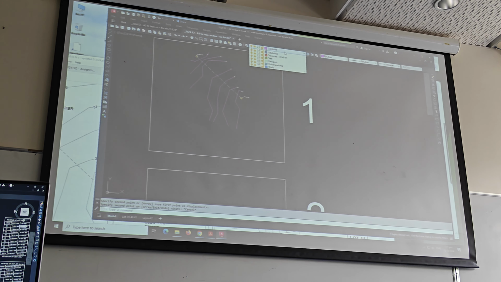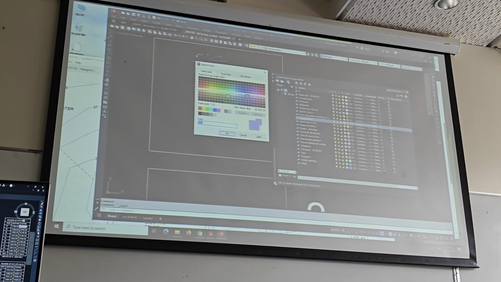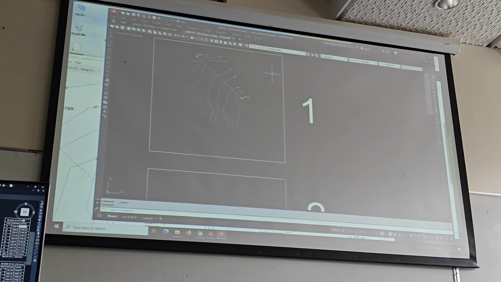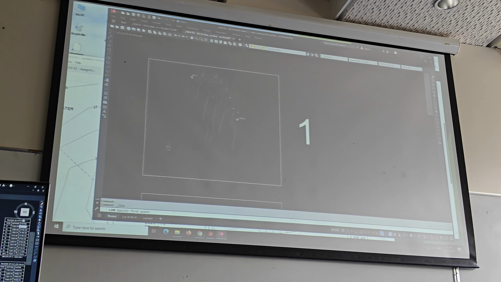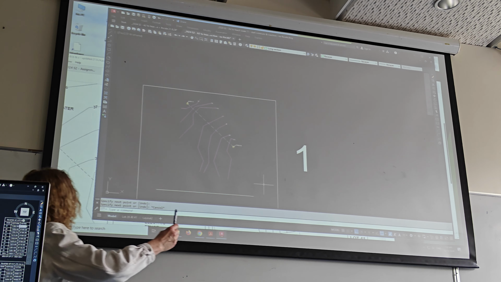The next thing I'm going to do is on my long section layer. Actually, I'll go and change it because pink and purple are too similar. So on my long section, just with the line tool, I'm drawing a perfectly horizontal line. Now it's a random length,